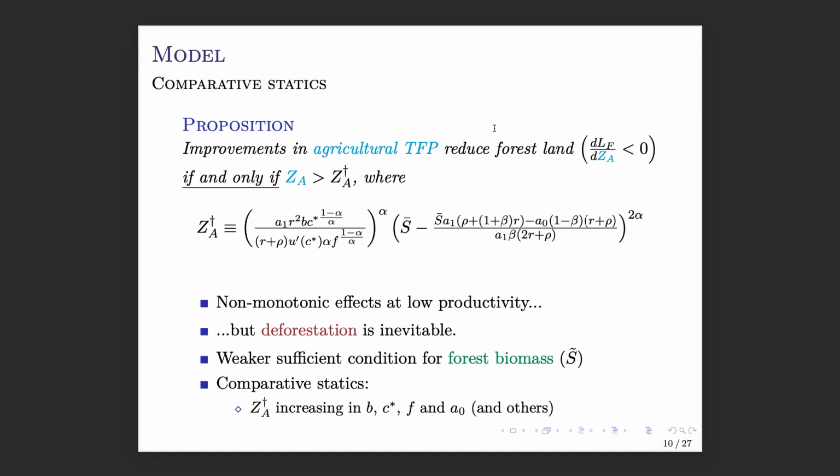I'm just wondering about the intuition behind this proposition. So when Z_A, the productivity of agriculture, improves, then the population always increases. Yeah, so that's right. I'm focusing on steady states, so you get the population increasing as a result. Yeah, that's exactly right. Then when population rises, that drives this proportion down, so people use more land for agriculture than forestry, right?